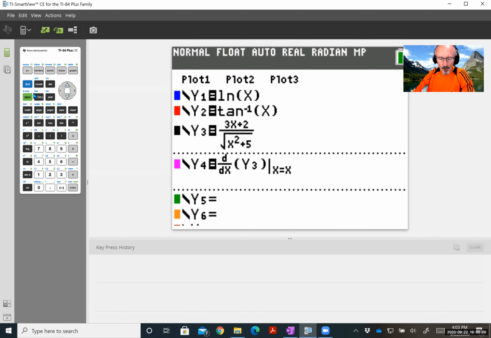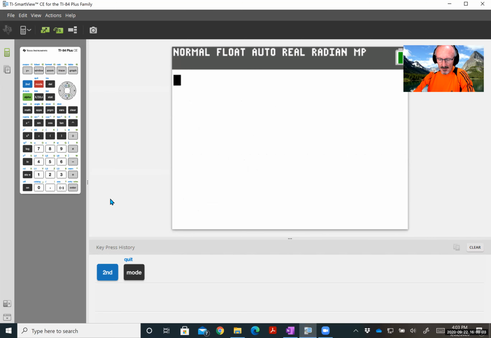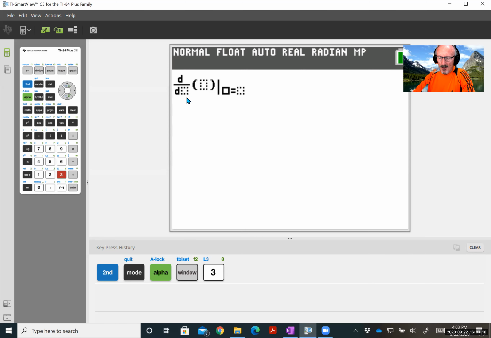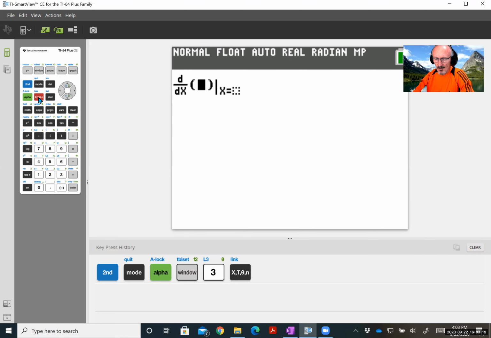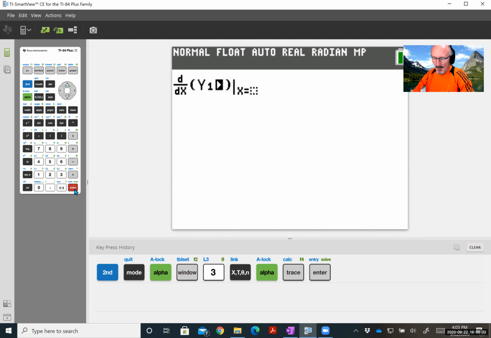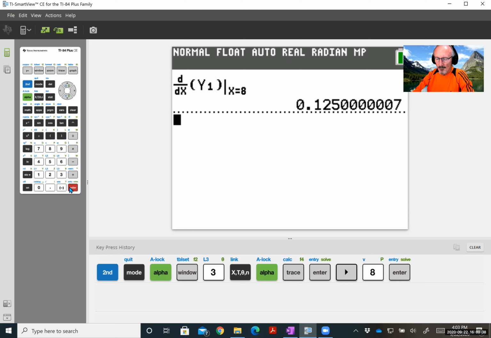We will go to the home screen, so second quit. And here we will take the derivative, which is, the syntax is alpha, let's see, window, and the numerical derivative is at 3. So we can hit the number 3. We're taking the derivative with respect to x because our variable is x. Again, our function is actually located in y sub 1. So alpha trace, and we end up with y sub 1. Evaluating at 8, and we hit enter, and you have